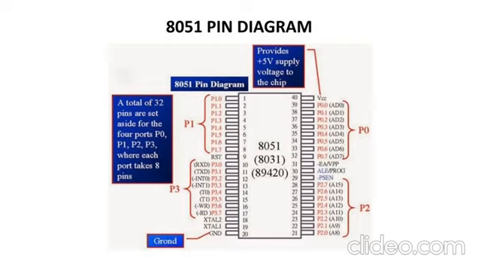So after writing the left side, now coming to the right side, I have said already EA, ALE, PSEN, whereas EA and PSEN both are active low pins. Okay, we will see the full form of that, and we will see how each pin works. But before going to that, one last time I will say it pin number wise. First, to write this pin diagram, first mark the 40 pins, 1 to 20, again from downwards to upwards 21 to 40.